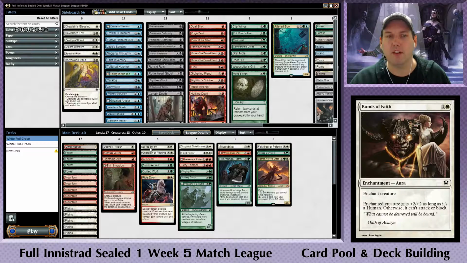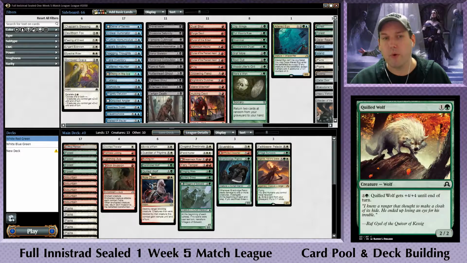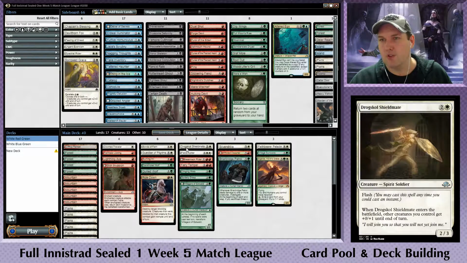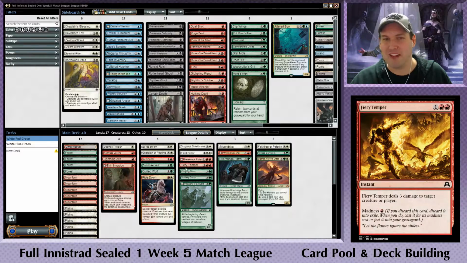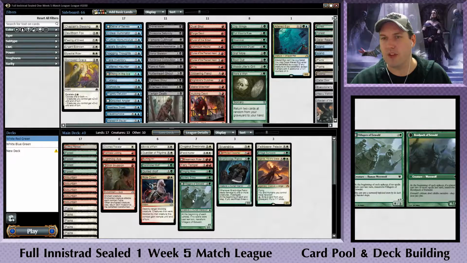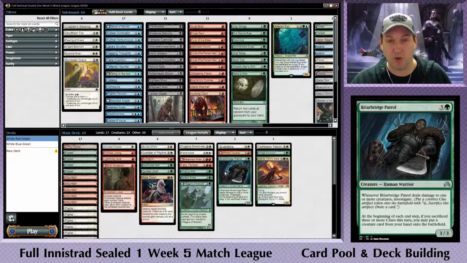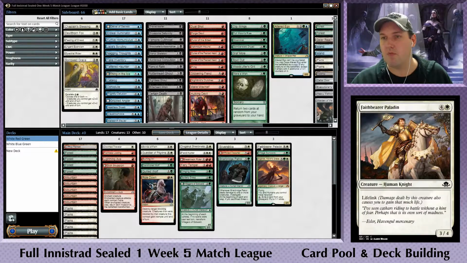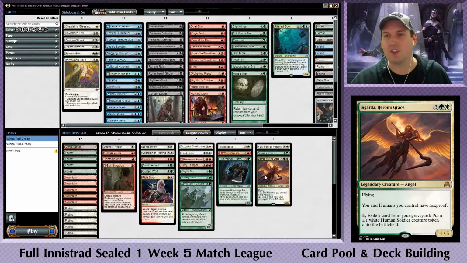Invasion, Bonds of Faith, Guardian of Pilgrims, Burning Oil, Dark Thicket Wolf, Quilled Wolf, Ride Down, Drogskol Shieldmate, I probably pronounce that differently every single time I say it, Fiend Hunter, Breakneck Rider, Fiery Temper, almost got ahead of myself there, Clinging Mists, Spidery Grasp, Villagers of Estwald, Silver Strike, Afflicted Deserter, Briarbridge Patrol, which is a very nice card, I think I mentioned before, Faithbearer Paladin, Village Survivors, and Sigarda, Heron's Grace, which is the card which